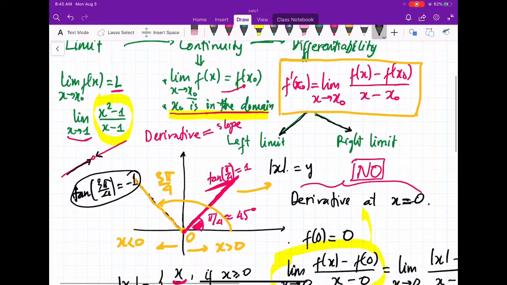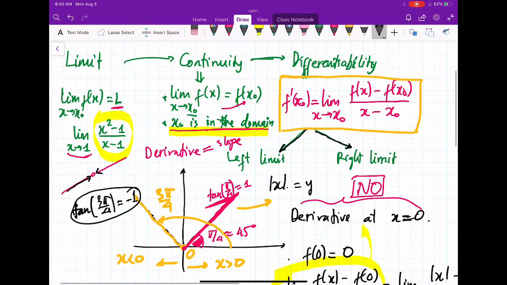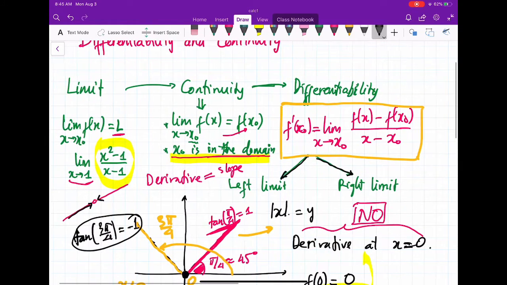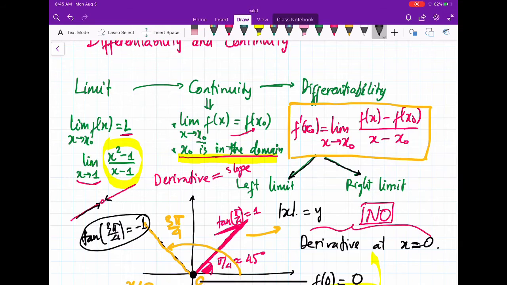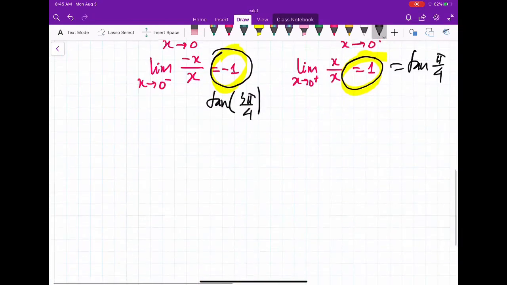So this example shows you that the function may be continuous at some point, but the derivative may not exist because the left limit and the right limit are not equal. So you can see the evolution from limits to continuity and from continuity to differentiability, that means to the existence of the derivative. Okay, so overall,